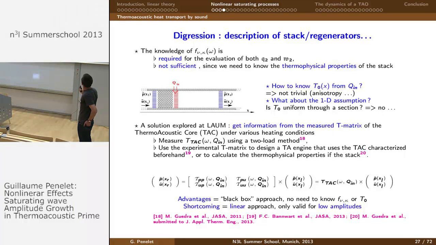Even we can wonder if the one-dimensional assumption for the temperature gradient is valid, so is the temperature gradient uniform along the cross-section of the waveguide? This assumption is, I think, not valid within the stack, so the plane wave approximation itself is not valid. So what we can do, for instance, and a solution that we have explored in our lab, is to get this information of heat transfer phenomena from the measurement of an acoustic transfer matrix. So we use a black box approach,